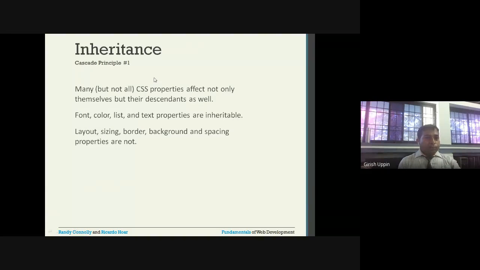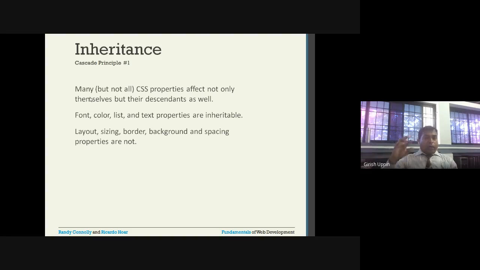First one is inheritance. There are certain properties, not all the properties, that are inherited. Whenever we give any kind of style to a parent, some of the attributes will automatically be inherited by the child. For example, I have a div, or you can say body, which is a larger content.